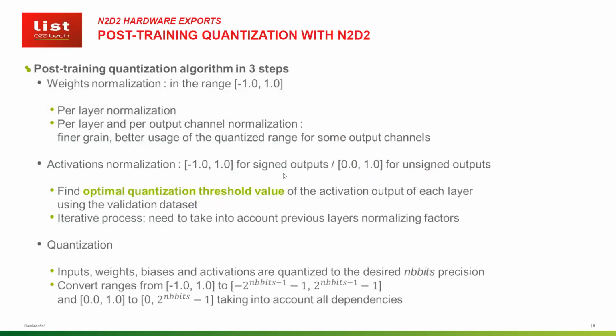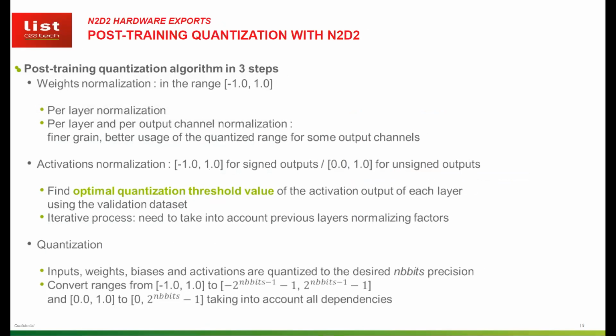So here I want to come back to post-training quantization. If you remember the schema in the beginning, these modules come after we train our network. In this case, we have the classical training in full precision, and afterwards we want to quantize our network. The advantage of this method is we don't need to retrain our network. We just apply it afterwards.